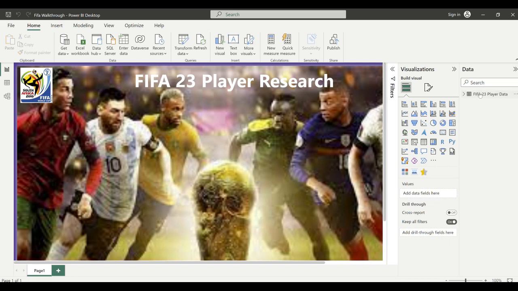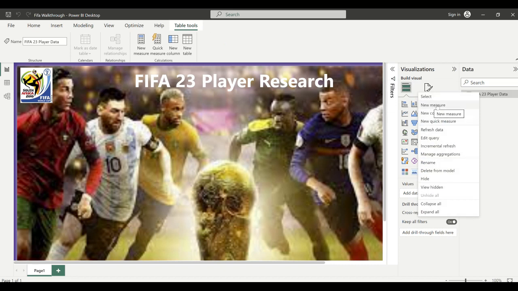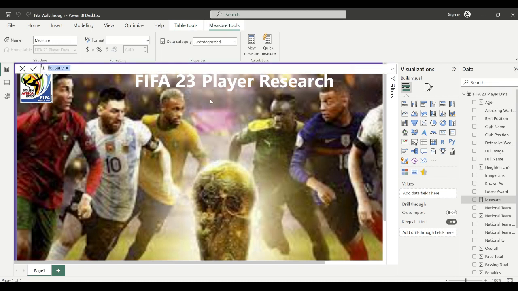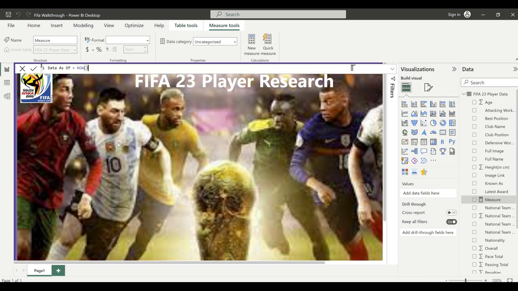To do that, you're going to go here to your data and right click, go to new measure. Measure is a way we do calculation in Power BI. So if you say new measure, it's going to ask you here in the formula section, what is the name of our measure? The name of our measure is data as of equals. Remember, we want to write a formula. We need to give it an equal sign. Equals what? Equals, let's say, now. I'm going to show us the difference. So let's say now. Now means what is the day and the time right now. If I click enter,